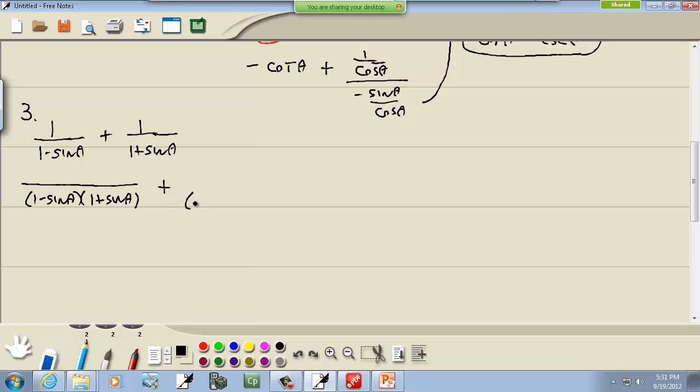And I'm going to rewrite each fraction with that new denominator. Now this one already had the 1 minus sine theta. The new thing down below is the 1 plus sine theta. So whatever we multiply by on the bottom, we have to multiply by on the top. So we multiply the top by 1 plus sine theta. Now here,